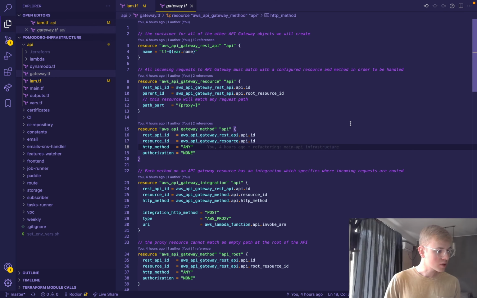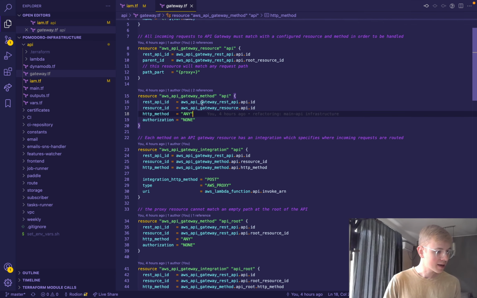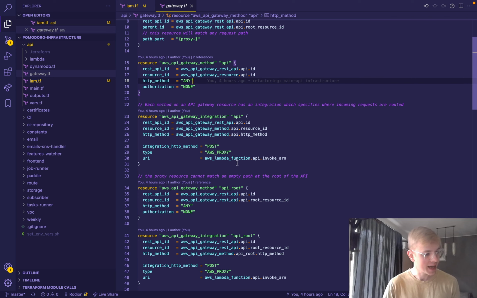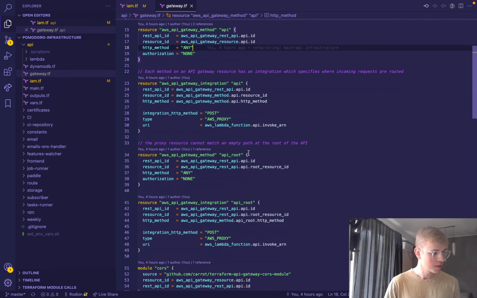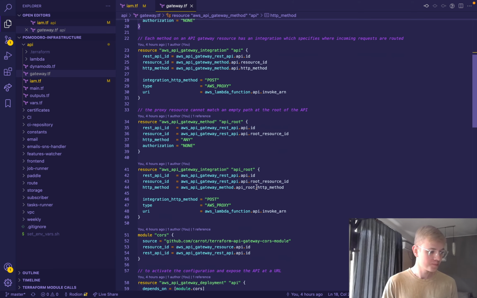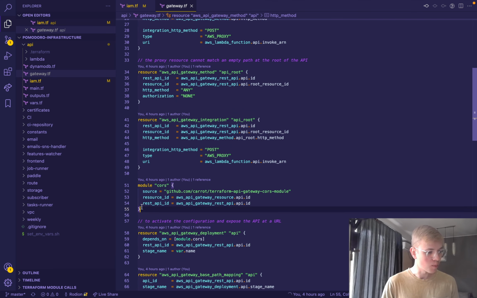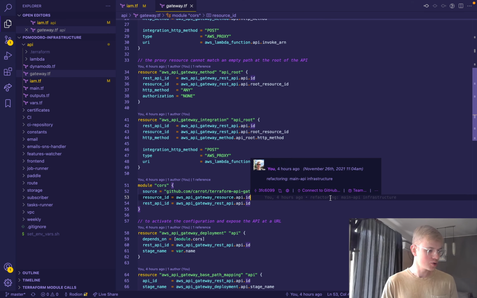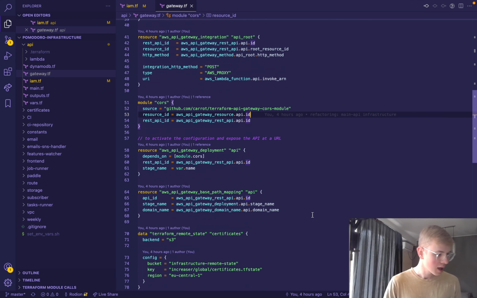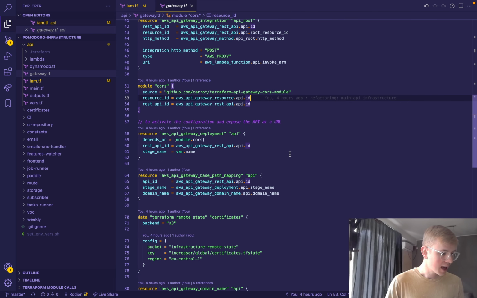Then we create a proxy resource, API Gateway method and integration with AWS Lambda. And the proxy resource cannot match an empty path, so we need to repeat the same two resources for the root. Afterward, I use this module from GitHub to enable CORS. Afterward, we have deployment,